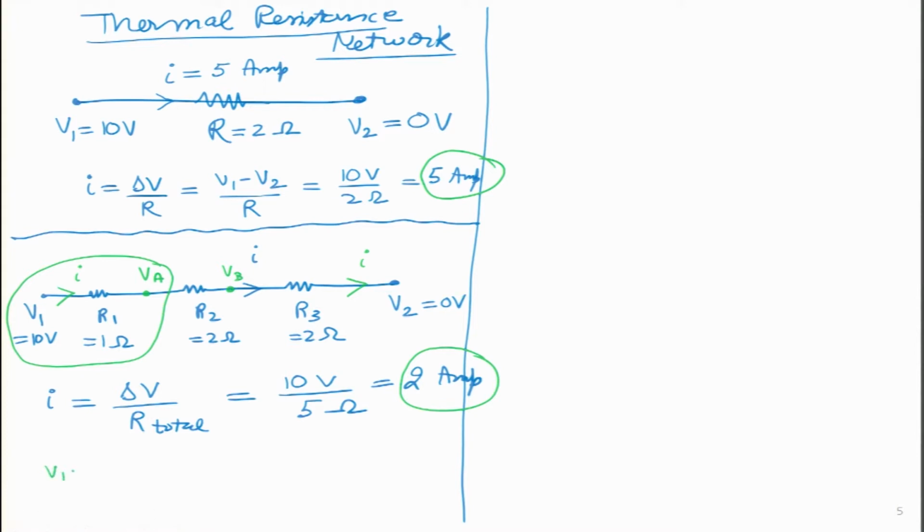So, I can write very quickly V1 minus VA equals I into R1, and from this equation I can calculate the value of VA. So, it turns out to be V1 minus IR1, and in this particular case its value will turn out to be 10 volts minus I is 2 and R1 is 1. So, over here I will get 8 volts. I can go and write with a different color that this value turns out to be 8 volts. I can do a similar analysis for VB, and I will just write the final result over here. It will turn out to be 4 volts.